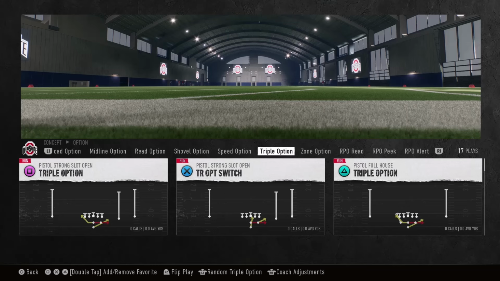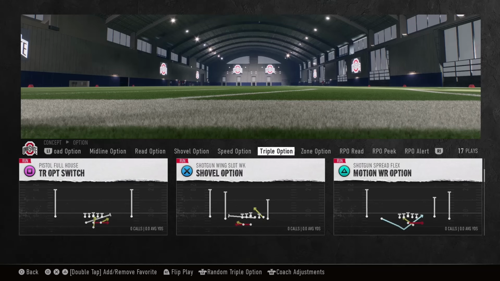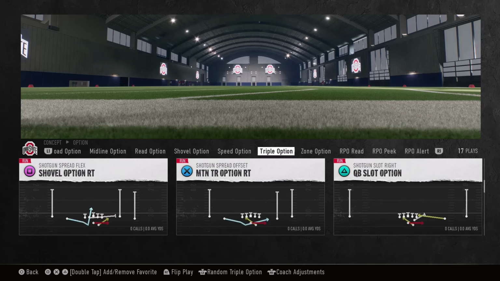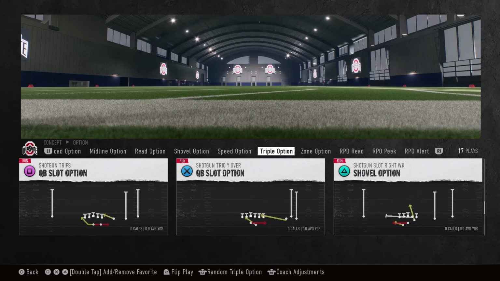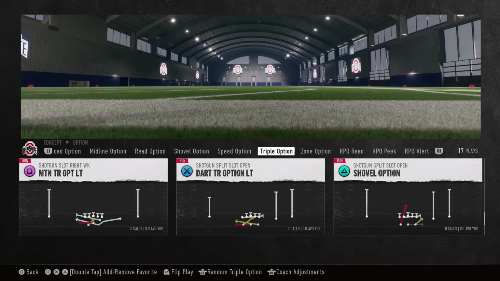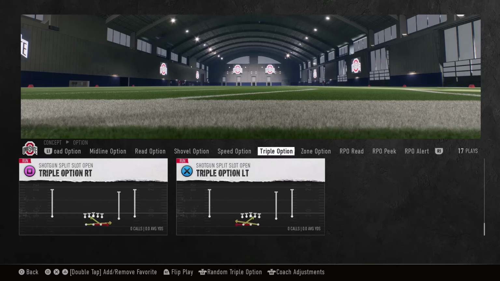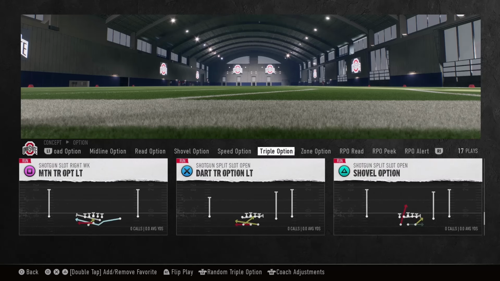We got 17 triples, and they're from everywhere. We got 2-back looks. We got slot receivers. We got that shovel option built in. More triple. More from the pistol. More from the gun. It just, you name it, it's all here, and he loved running this stuff. That's what made him so unique, and he was the one that really made it big in terms of running a bunch of triple and heavy spread